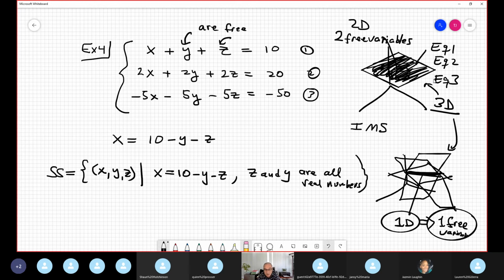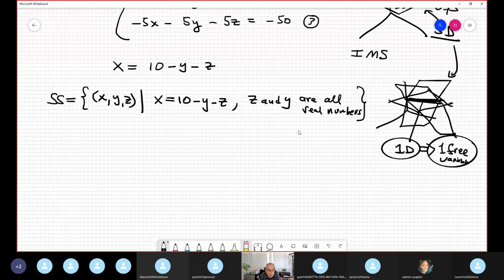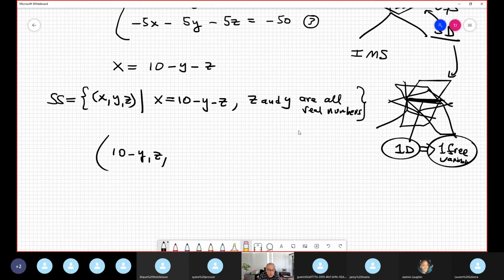Okay, this is one way, that is one possibility. Another possibility, some books prefer you put the other pair, and in the first component, which is x, you put 10 minus y minus z. And in the second component you put just y, and the third component you put z. This is equivalent to this. So I assume that y and z are free variables. Do you understand very well? Well, let me see